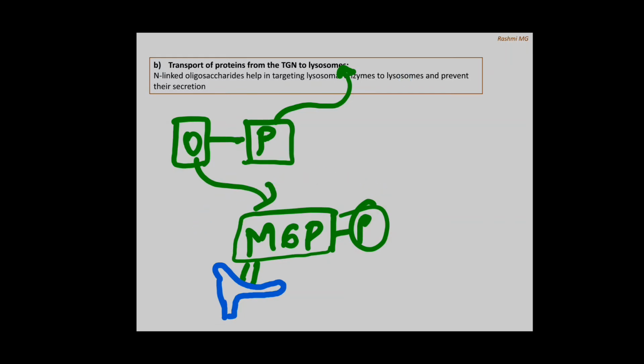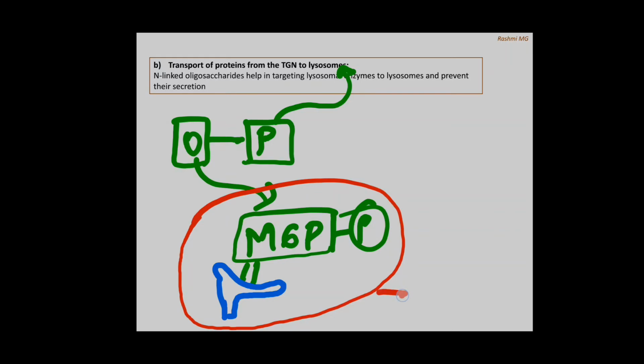This is surrounded by the transport vesicle. So this has formed a temporary association. This transport vesicle is made up of a clathrin AP1 coat. Okay, the clathrin AP1 coated vesicle along with the M6P receptor, which is attached to the M6P